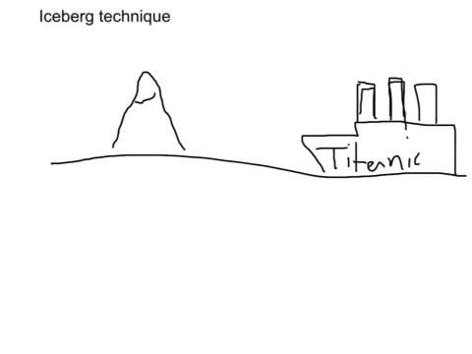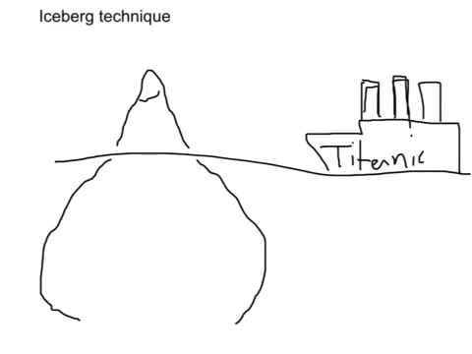But the thing with an iceberg is that you see just the top, and then beneath you can have this huge mound of ice. So what happens here is that the Titanic is moving forwards and just crashing into this iceberg and sinks, as you know. So what the people of the Titanic saw is not the full story,